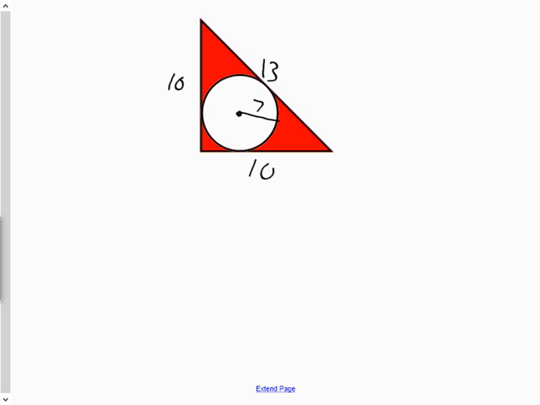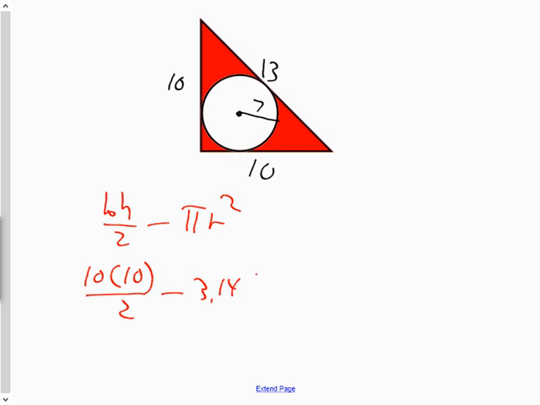A circle's worth. So technically it's a triangle, which is this, take away a circle, which is this. So our formula will be base times height divided by 2, take away pi r squared. The base is 10, the height is 10, divided by 2, take away 3.14 multiplied by the radius,